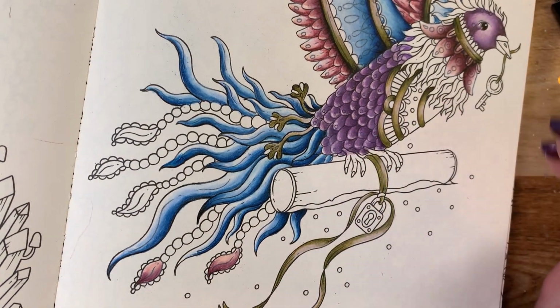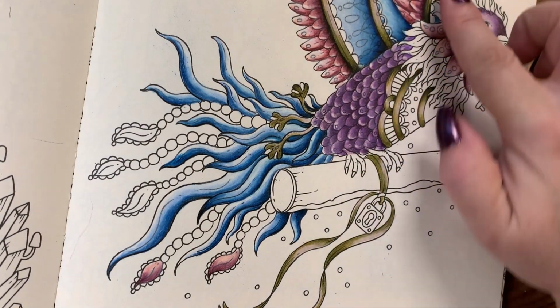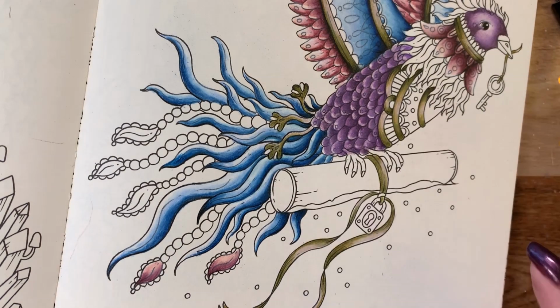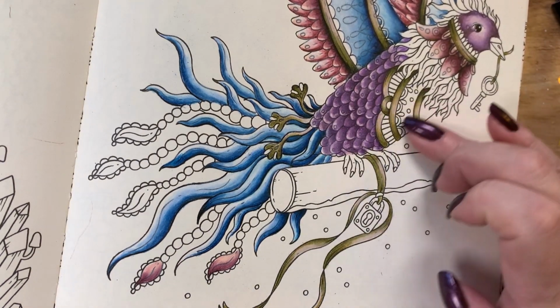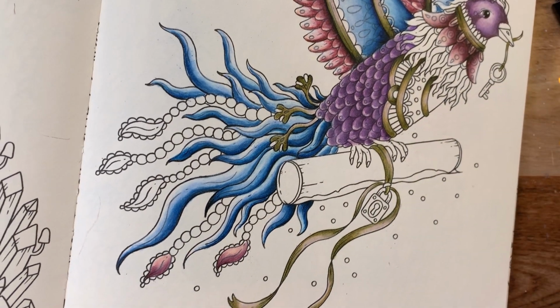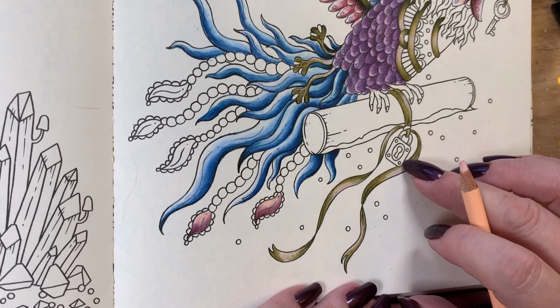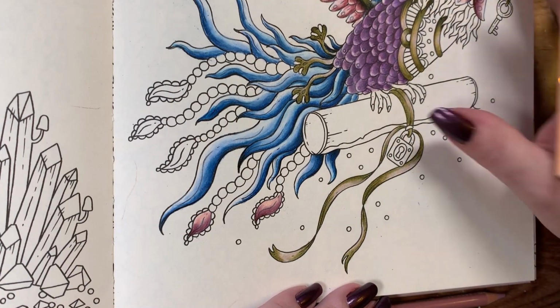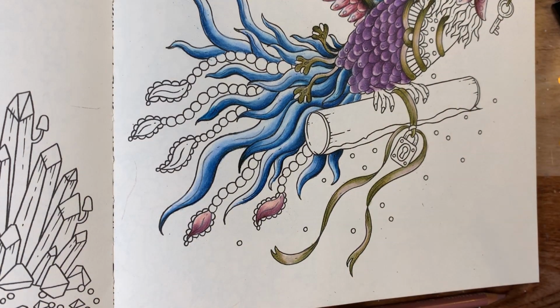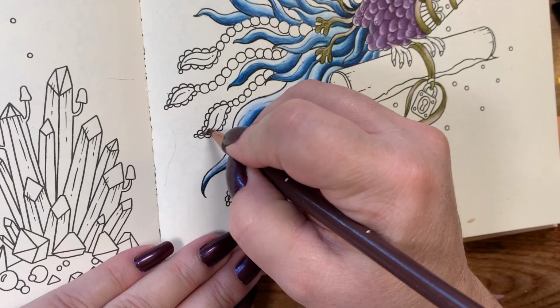We only have 2 purples, so I have to figure out another place to put a purple. We have the green in enough of a triangle here, so that works, and the blue, blue, and then I'm doing this place in blue. So purple is my next concern. I may do the lock in purple and the key in purple, and that will give me my triangle on that. So we'll just finish up these little